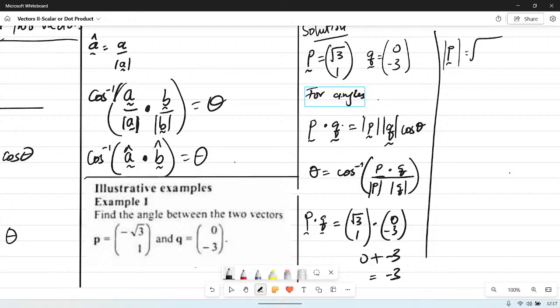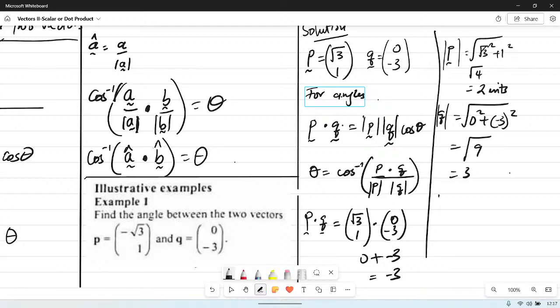Now, the magnitude of P is the root of 3 squared plus 1 squared. This gives you root 4, which is 2 units. And the magnitude of Q is the root of 0 squared plus negative 3 squared, which gives root 3. But theta is cos inverse of what? Negative 3 over